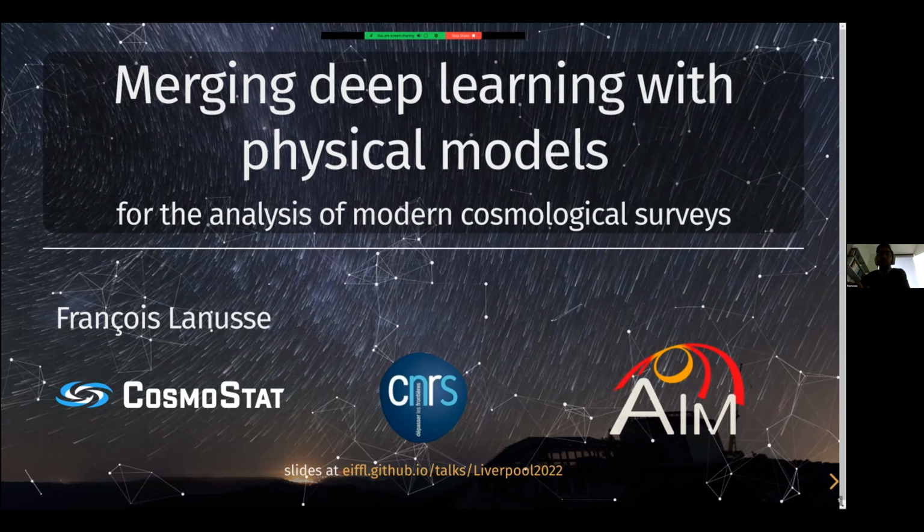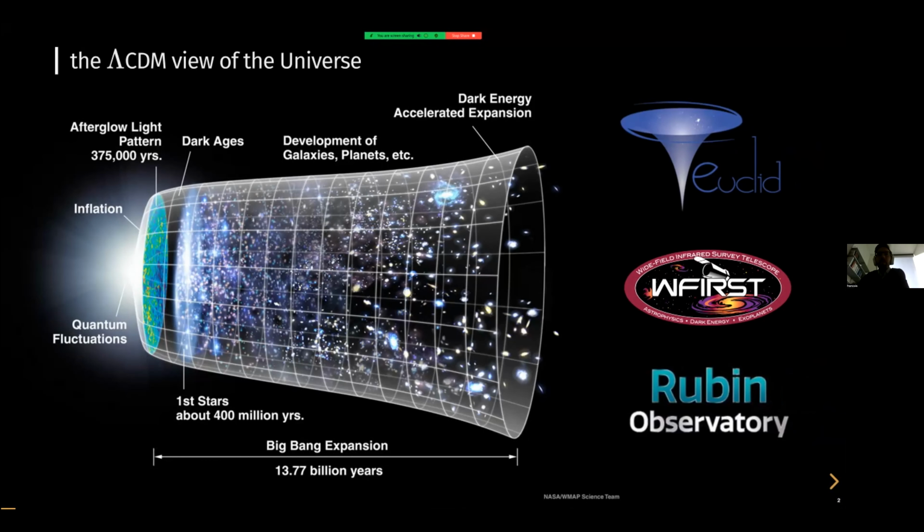So to give you a little bit of context for all of this work, let me start with this picture of the universe here, which kind of represents our current understanding of the physical modeling of the universe, which starts at some early time, and then it expands. You have galaxies that appear. And then what is very curious and what is very troubling to cosmologists these days is that at very late time, the universe seems to be accelerating its expansion. And it's something that we don't really understand, and that we need some amount of dark energy to explain this.